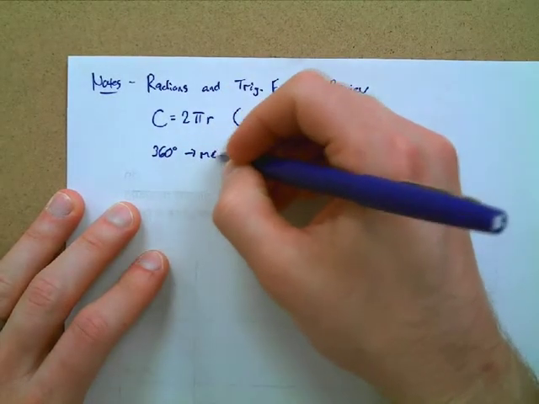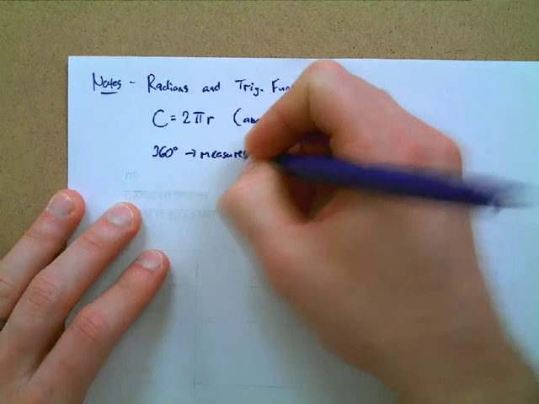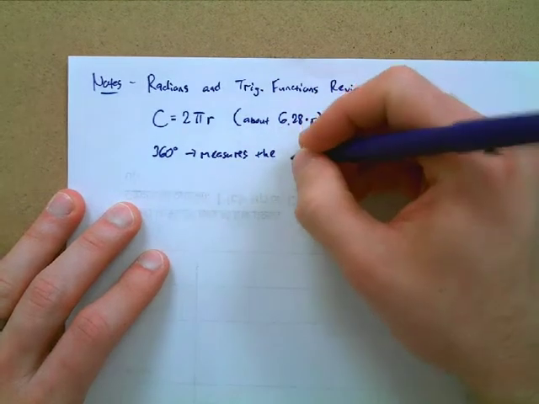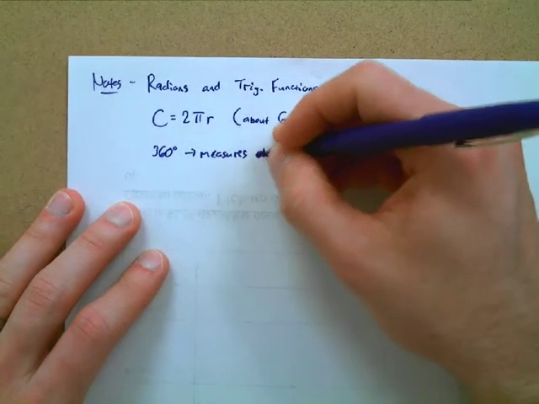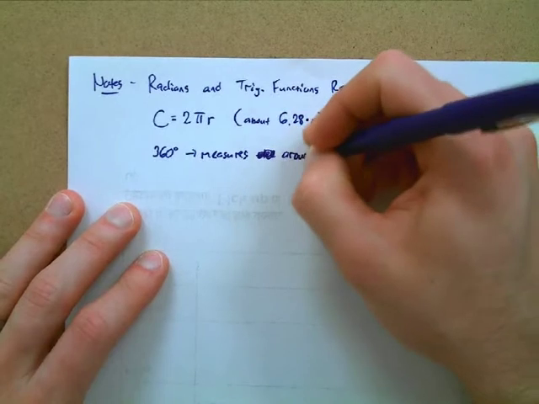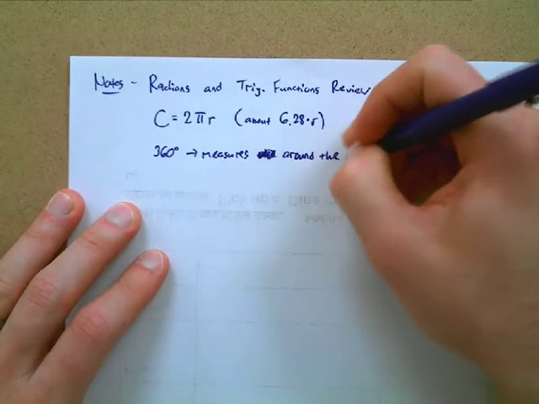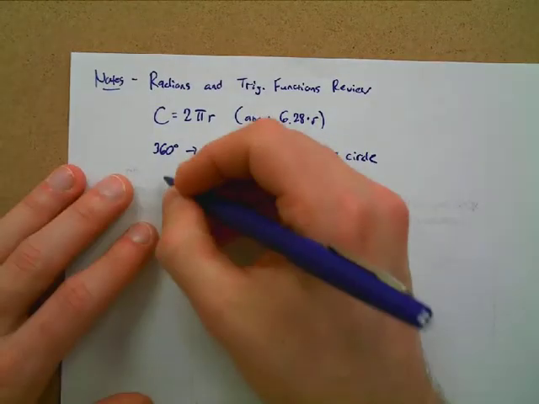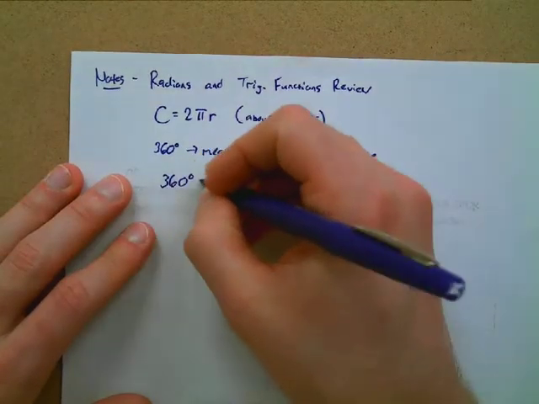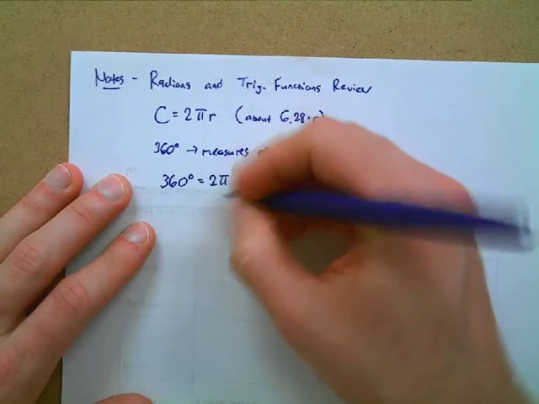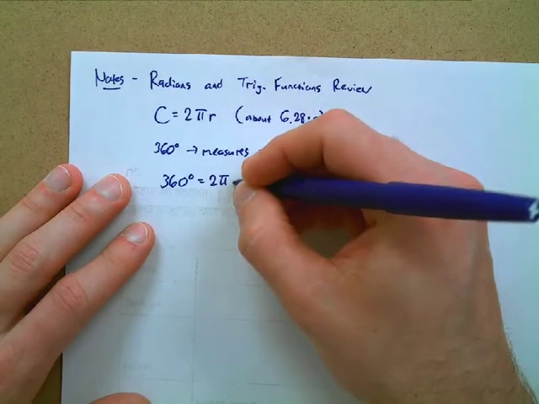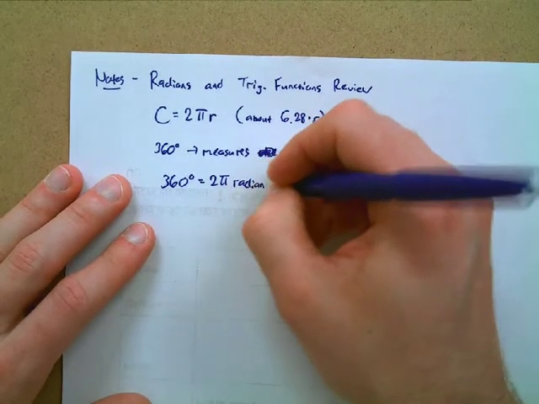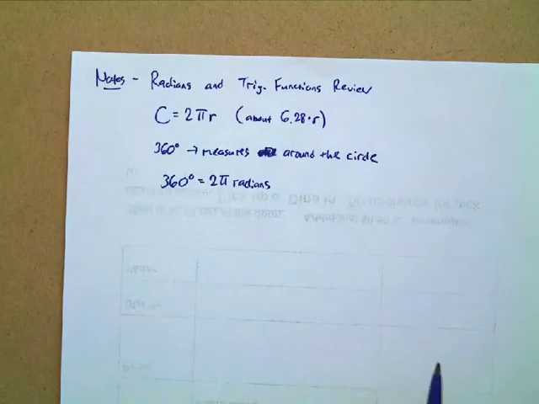That also measures around the circle, we'll say. Okay. So in some sense, we can say then that 360 degrees is equal to 2 times pi times the number of radiuses. And we're just going to use the word radians instead for a unit of measure. So we now have this idea of